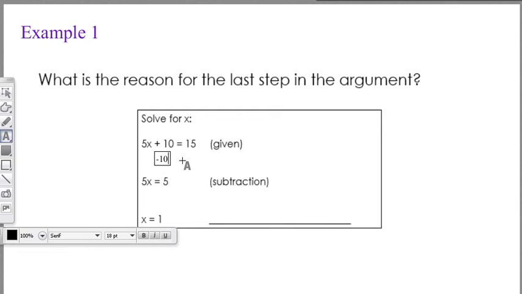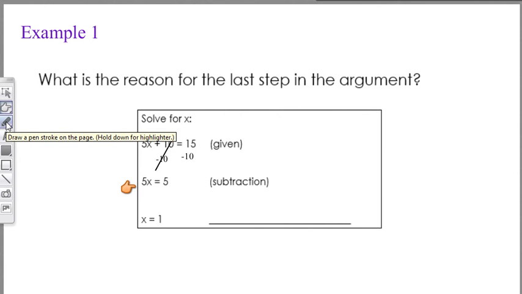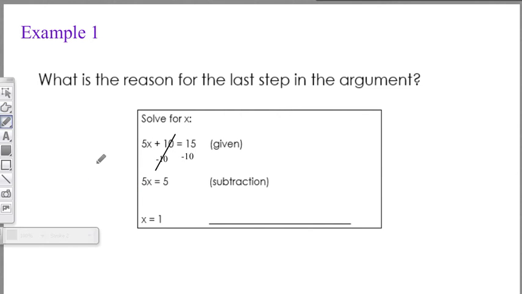to move it away. And you can see here that they have subtraction as the reason for how they got to the next step, which makes sense because we subtracted that 10 first. So when they simplify, they ended up with 5x, and then on this side, 15 minus 10 gave us 5. Now in the last step, again, I'm trying to get x by itself, so all I need to do is divide by that 5